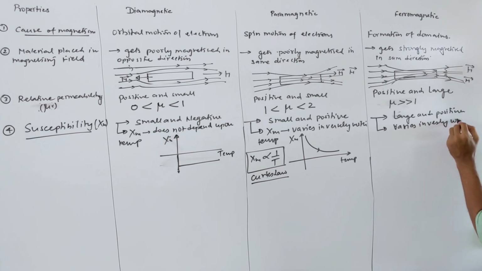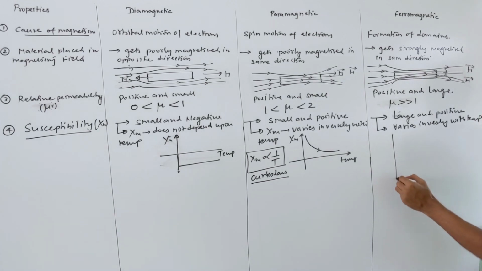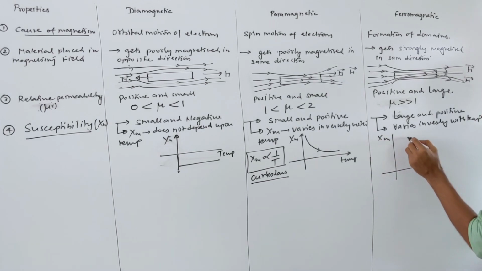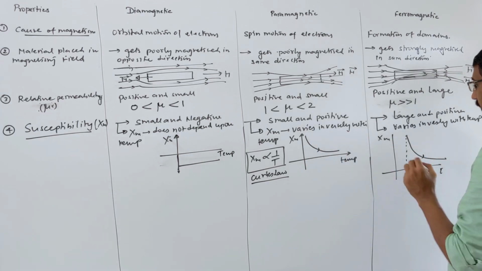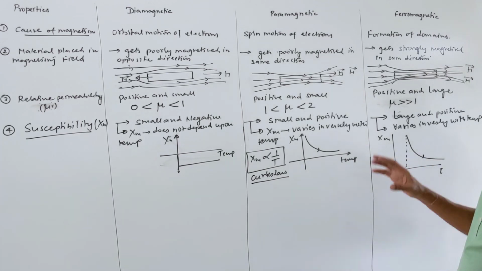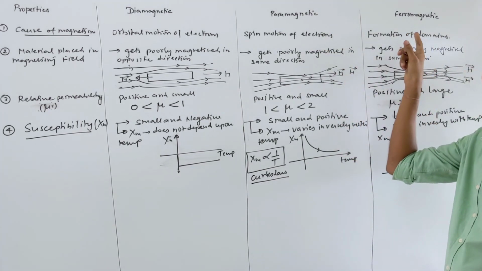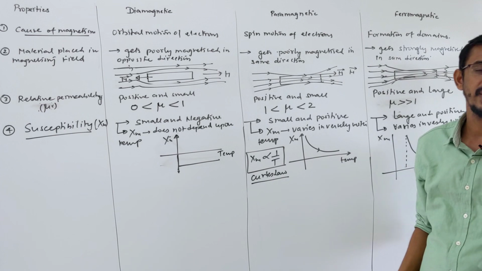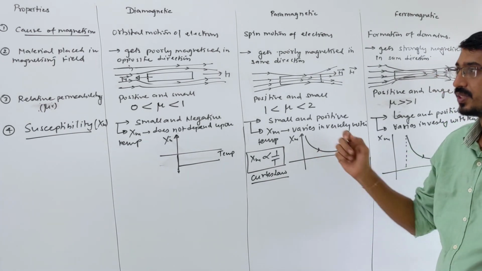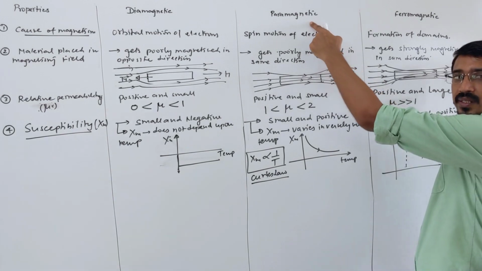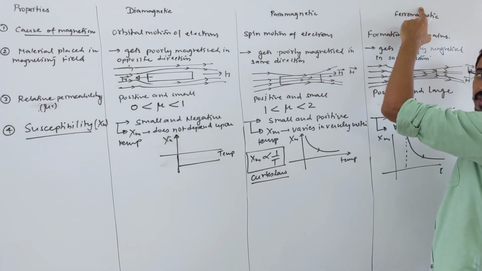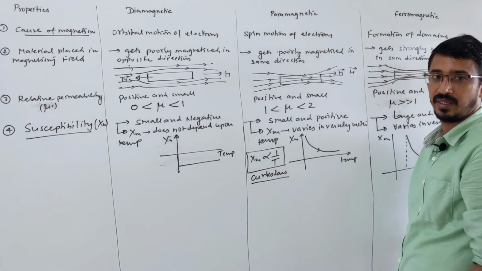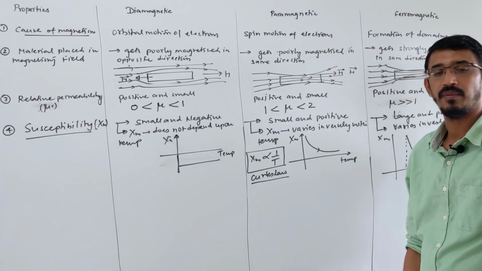Yeah, this also depends on temperature, and it varies inversely. So here also, if you want to draw a graph between chi_m versus temperature, then the graph looks like this. You should draw the small difference between this graph and that graph. Okay, this much only. So here, if you watch carefully, if you heat this material, then its magnetic properties will be lost. So at some temperature, the ferro is converted into paramagnet. That is again called Curie temperature. You can write a few words separately. If you cool this down, it will become a ferromagnet. If you heat this, the ferro will become a paramagnet, right? Yeah, because both vary inversely with temperature. Okay.